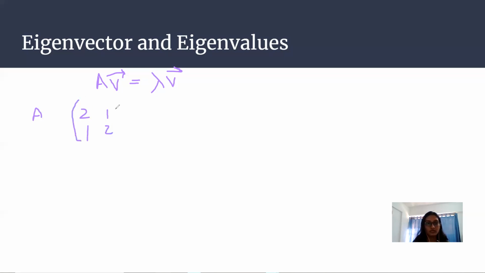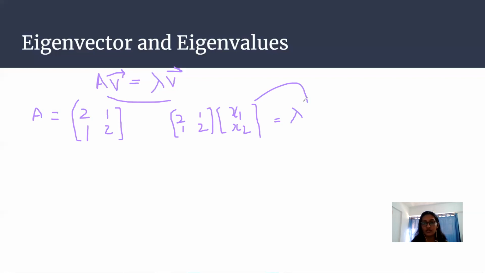This is the matrix that we have, and we'll be finding the eigenvectors for it. Applying the formula, we have 2, 1, 1, 2, and we have to multiply it with the eigenvector. Let that be x1 and x2,